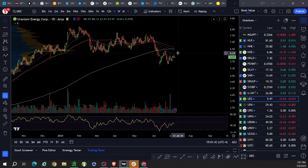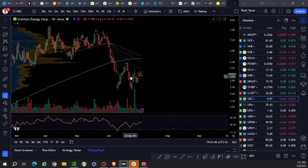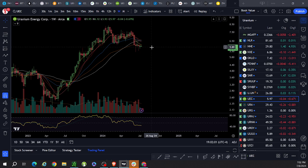It looks like it's starting to try to get a daily trend change. And why do I say that? Well, it's bouncing. It's holding this 12 EMA. You're starting to get the 5 curling up. We start to have it here, but still, at the end of the day, trading well below the 200-day moving average. Let's look at the weekly bear flag,